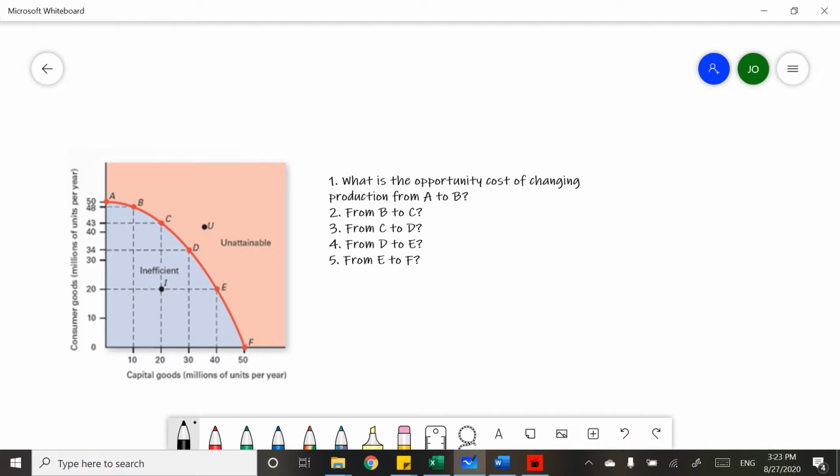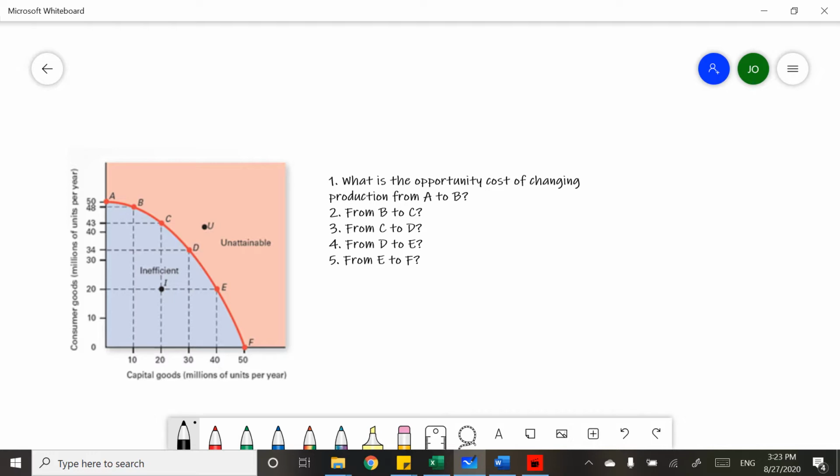Opportunity cost. So remember, opportunity cost means that when you make a choice, when you choose to do something, you have to give up something. What you're giving up is your opportunity cost. Okay, so we have an example here about calculating opportunity cost on a non-constant, non-linear PPF curve, right? And it's going to be super easy because all we basically have to do is know how to subtract. The only thing that might be a little bit tricky is that we have to figure out what numbers